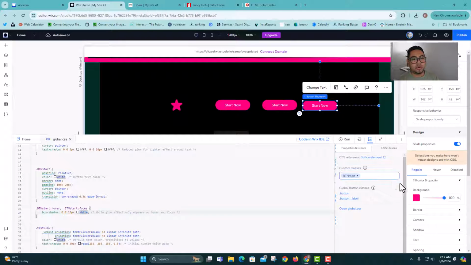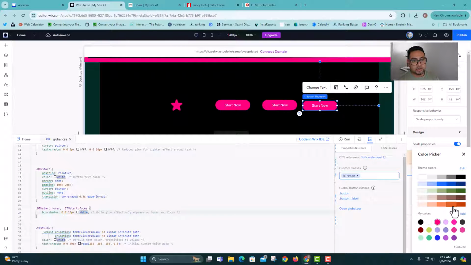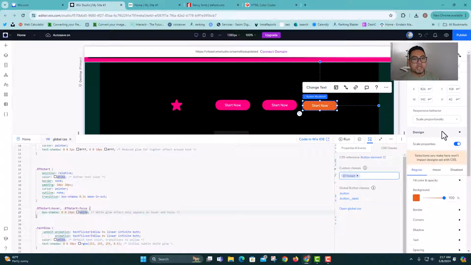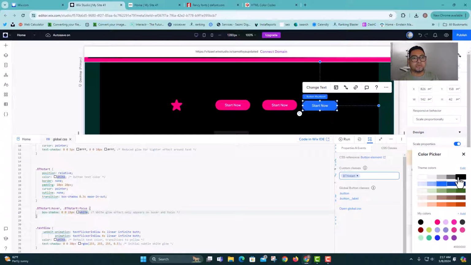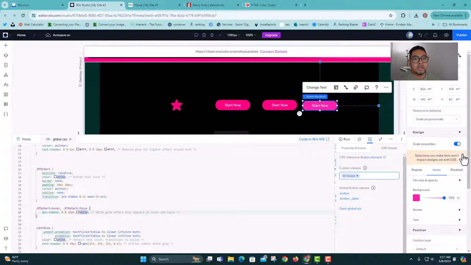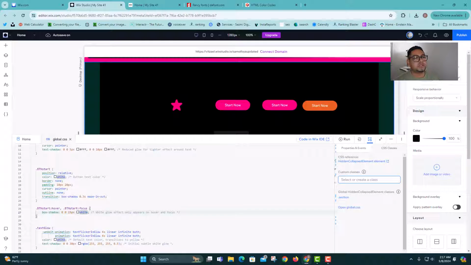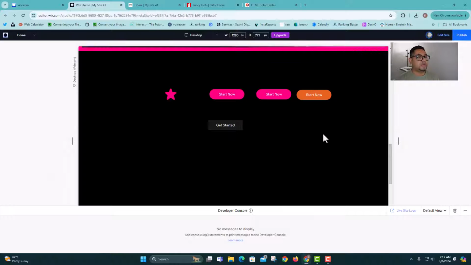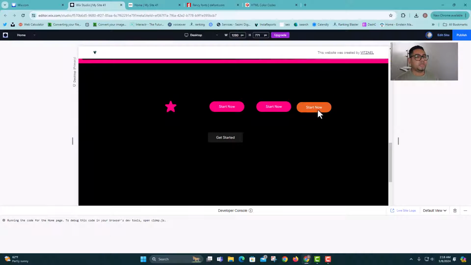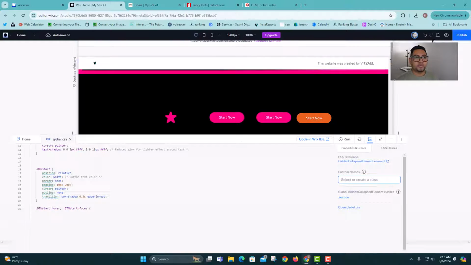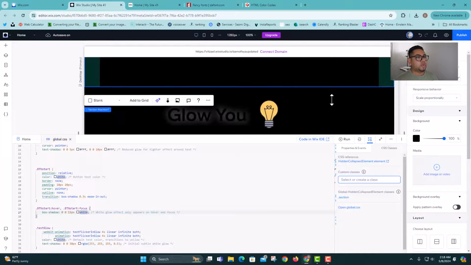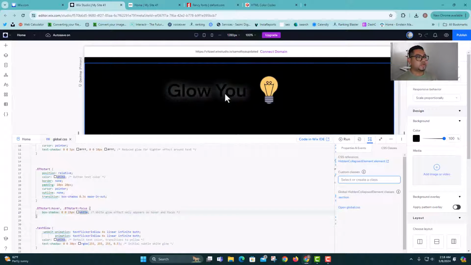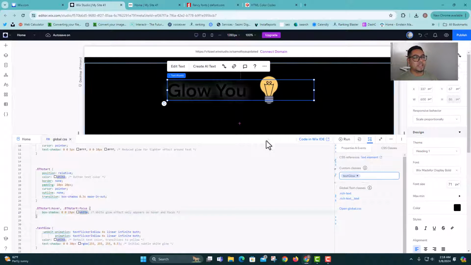So if I click on it, I can change this color to, let's say, orange. And then on the hover, I can also change this to, let's say I'm gonna do pink. And that's it. So if we go here, it's gonna be like that, and then it glows. See? Very simple. And the next one is gonna be this one, which again, this is my favorite because it